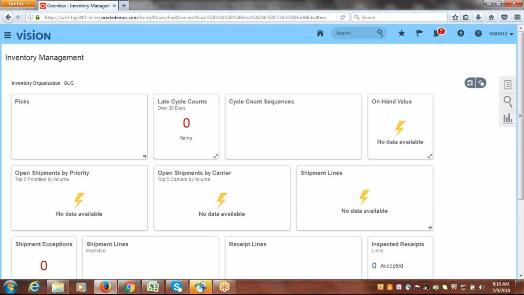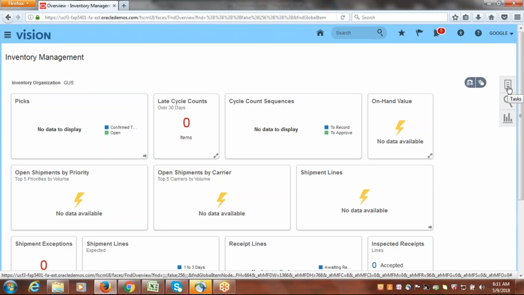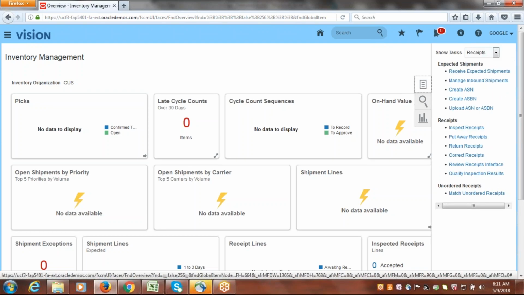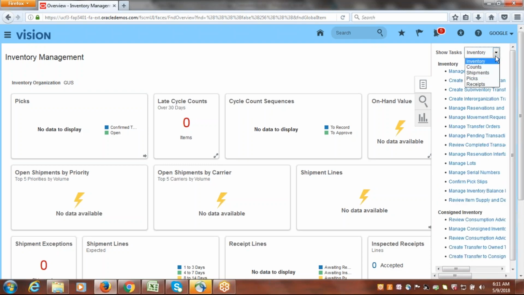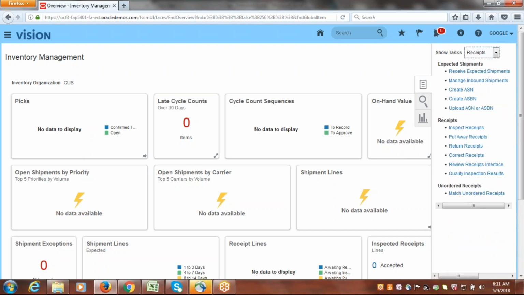So in the last session it was not opening since it was not synchronized within that time. So now we connected to Google US inventory. Okay, inventory code ID it is showing. So you can just go to task list, click on task list, and here we have a filter option. So inventory management, inventory related tasks, cycle counting, shipments, picking, receipts. You select the task list as receipts, and if you want to create the receipt, click on receive